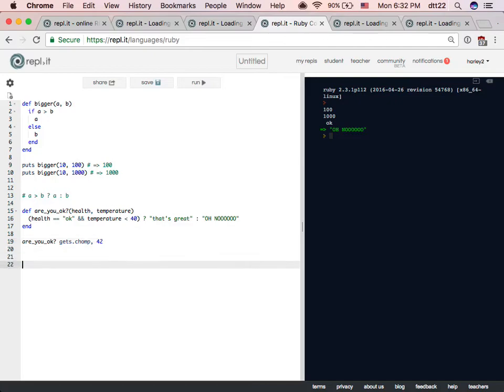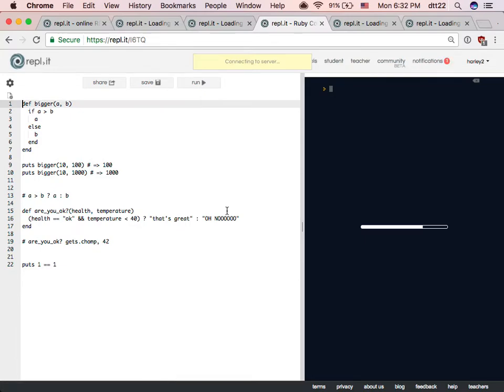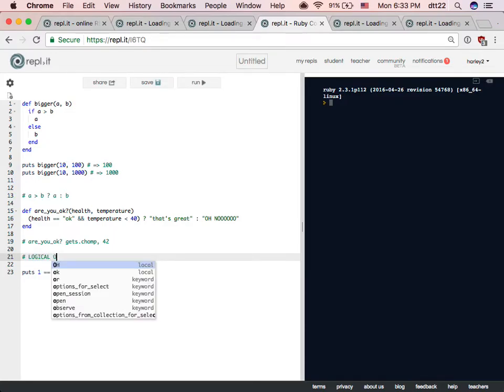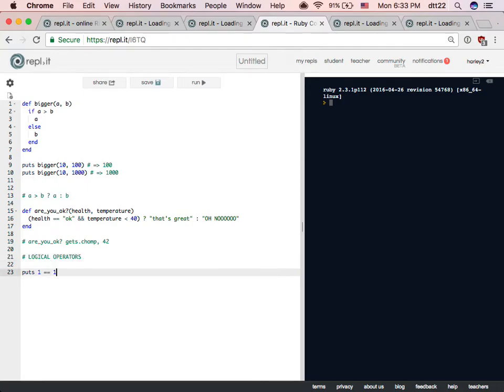Can we learn this? Alright, we learned that there is this A equal B. So 1 equal 1 is... oh, let's remove this are you okay thing. Let's do it again. Ruby doesn't like it when I stop it. Now let's learn this thing. We call it logical operators. So 1 is 1. What do you think? True. You see true here? Great. Let's comment these things out.